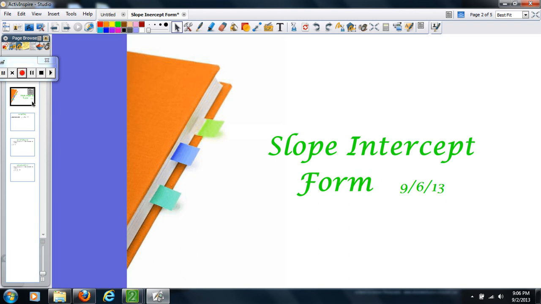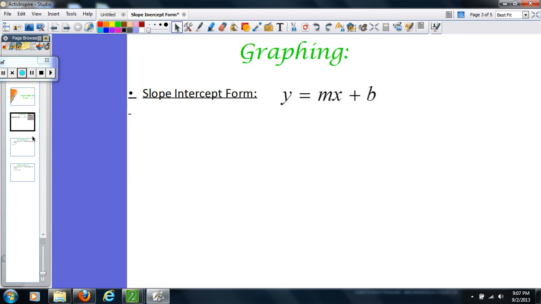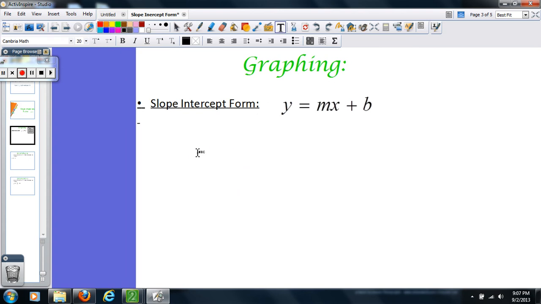But we're going to be covering slope-intercept form. You guys are already going to be familiar with some of what we've done because this is going to lead us into graphing of linear equations specifically. So we're going to be looking at what we call slope-intercept form, which is going to be the most common form that you will see linear equations given in, and it's also going to be the easiest form of a linear equation to graph. So just real quick, slope-intercept form is y equals